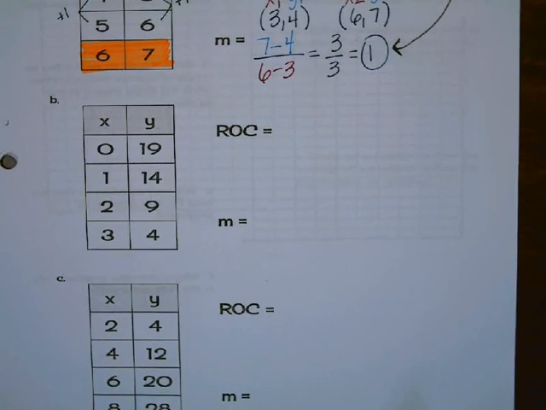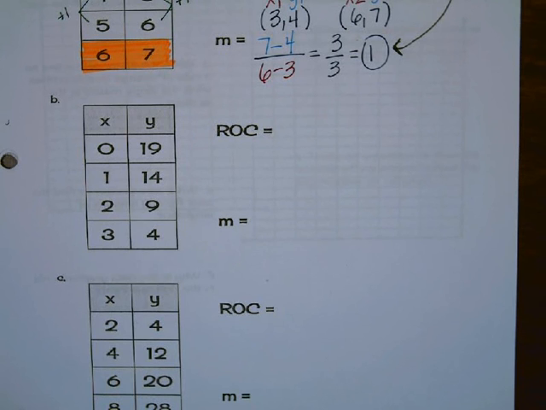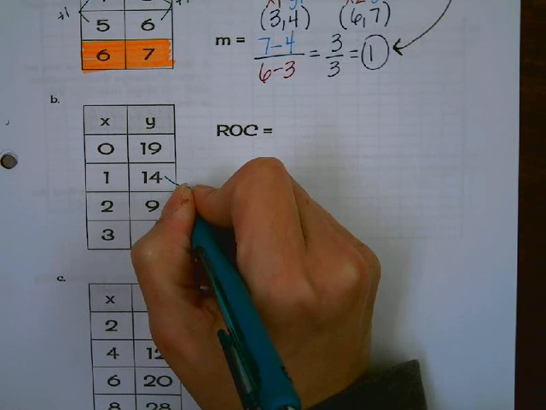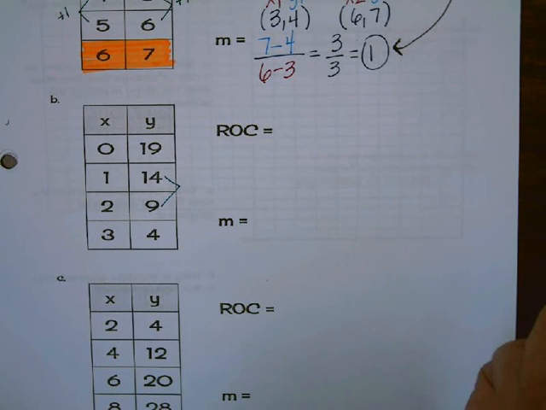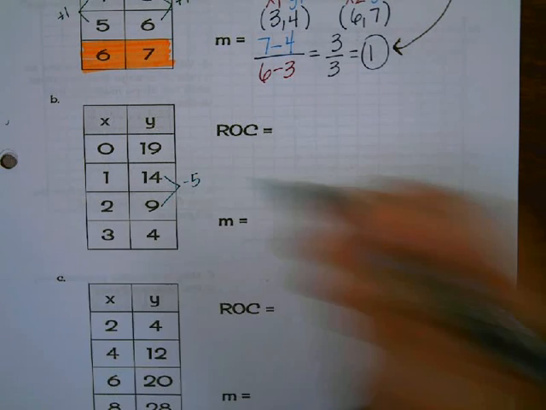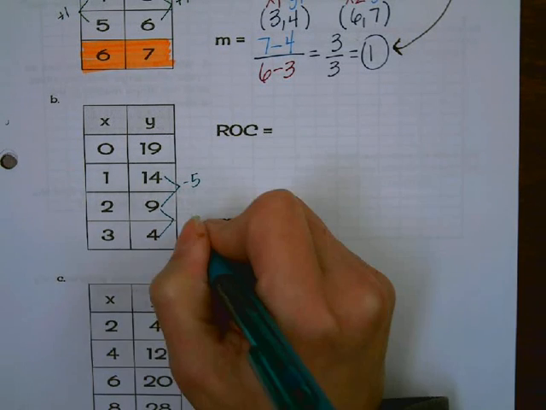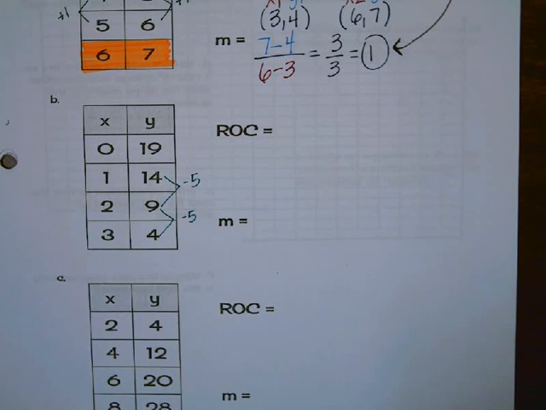So again, we're going to look for my rate of change. Doesn't matter which points you use. I'll use this one right here. How did I go from 14 to 9? Well, I subtracted 5. How did I go from 9 to 4? I subtracted 5. So remember, in order to find that rate of change, that change in y over the change